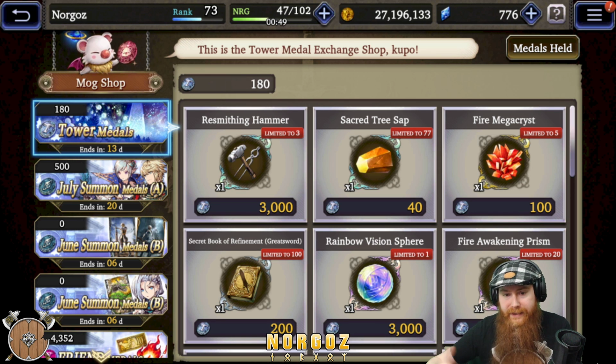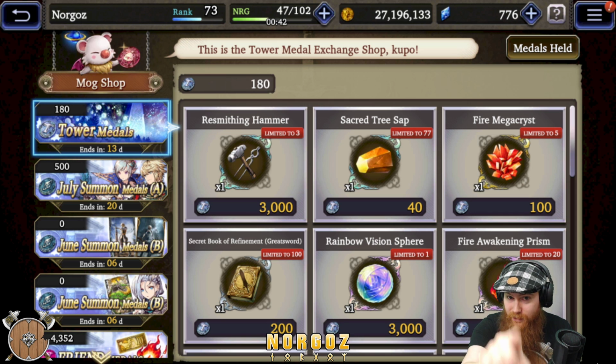It returned in JP, and they even offered another alternative to getting the Crimson Saber. You were able to buy it in the shop for medals. Now, I'm going to stop right there. I'm going to stop you right there, because I know some of you guys are already thinking in your head,